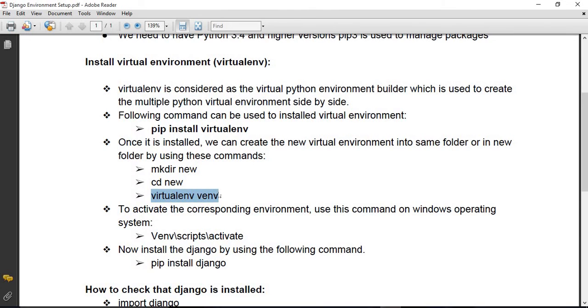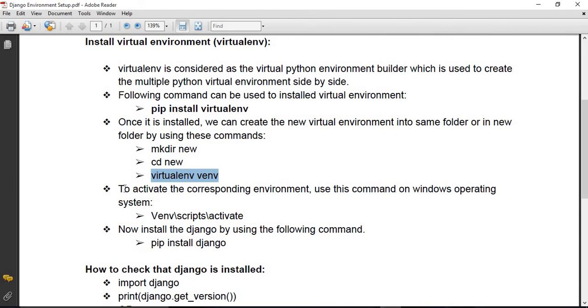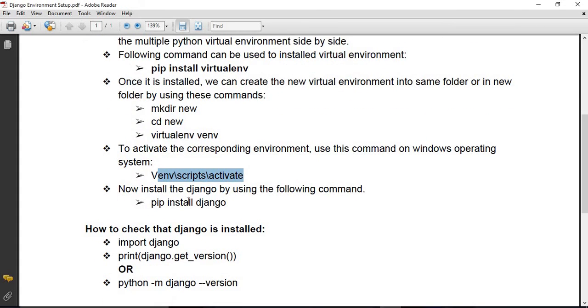Then we apply this command, and once this is done we can activate it using this one, or drag and drop the activate batch file as I showed you. Then we use the command pip install django, and it will install.